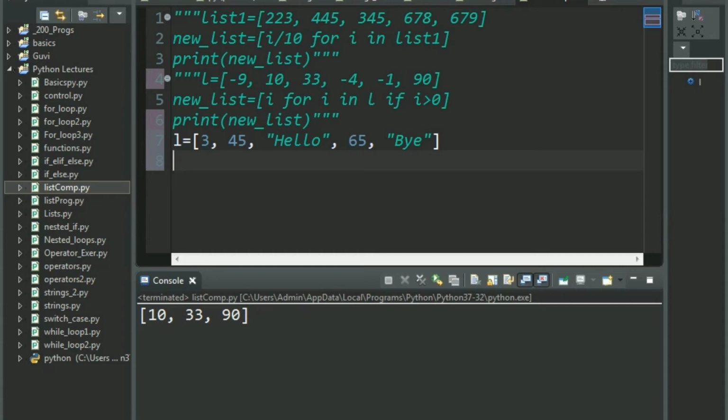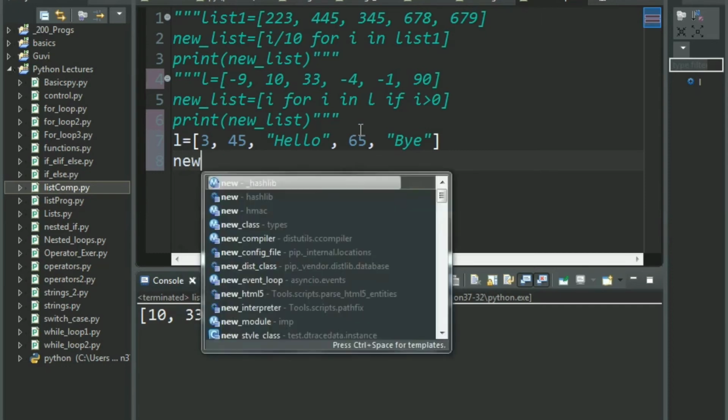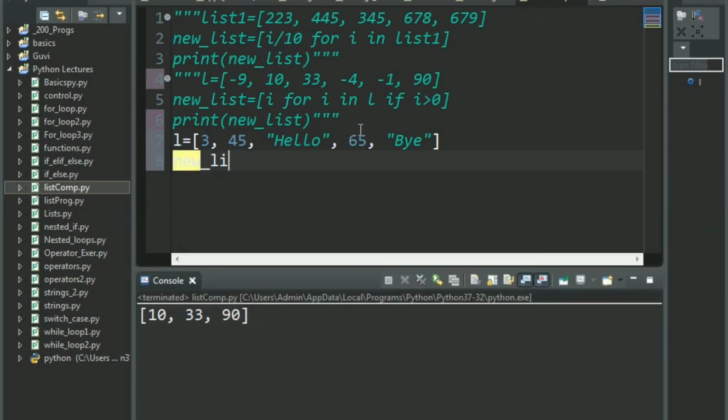So now in this session we'll be using our age-old knowledge about the isinstance function. So what I'll be doing is new list is equal to, now remember our syntax, since we have else here, what we have to do is value to be returned, if else, and then loop.